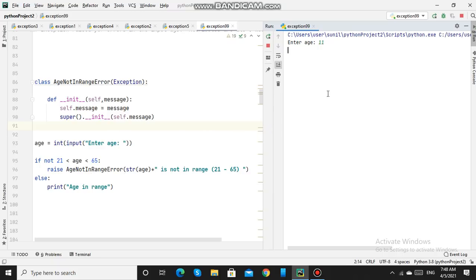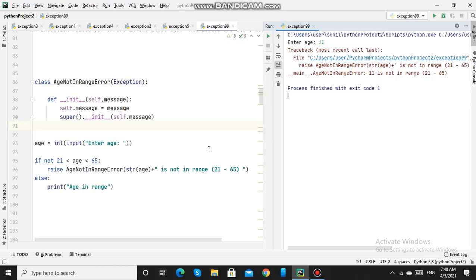So we will run this. It has thrown the custom exception error, that is AgeNotInRangeError, and it has displayed the message 11, that is the age. I am converting the age to a string here. So 11 is not in range 21 to 65.